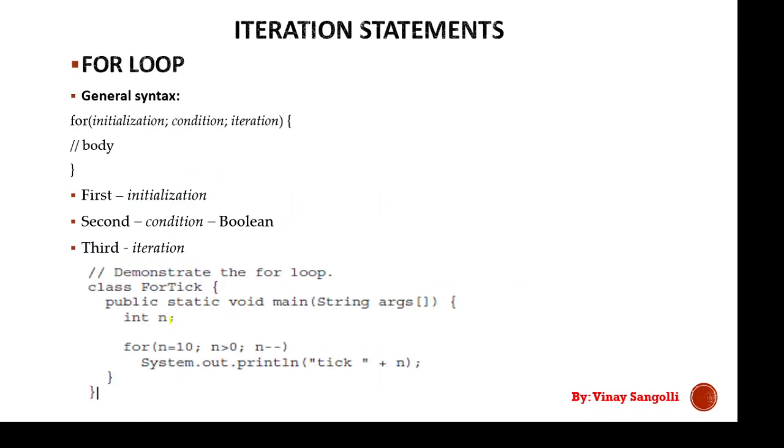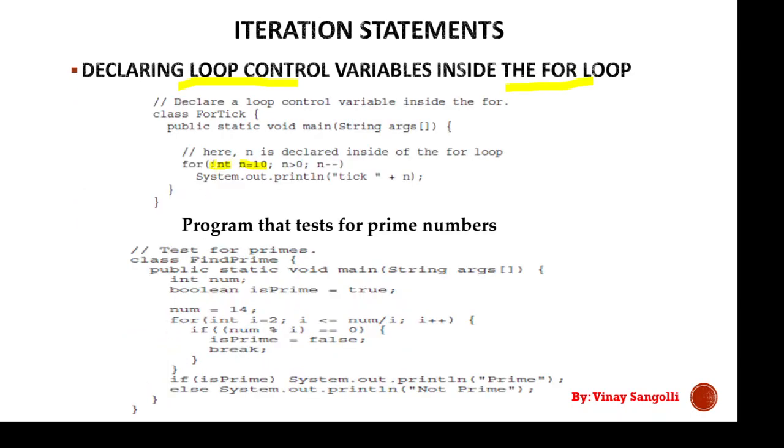If you observe the previous program for comparison, there it has been declared outside the for loop. When you declare it outside the for loop, it will be available throughout, but when you declare it inside the for loop, something like this, then it will be available only within the loop. That is the difference we can observe. When the for loop completes its execution, the scope of this variable will also cease, that is, it will be over.